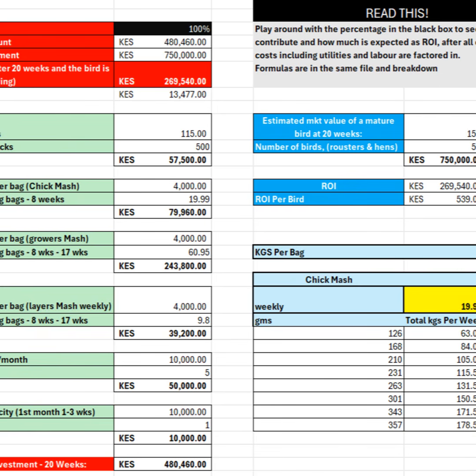Number one, I've taken the cost of chicks. Second, I've taken the cost of feed per bag. And remember, you're feeding your chicks 3 different types of mash. You're giving them chick mash for the duration to which your particular breed requires. Then you're giving them growers mash, again, as specified by the breed. And then you're giving them layers mash.